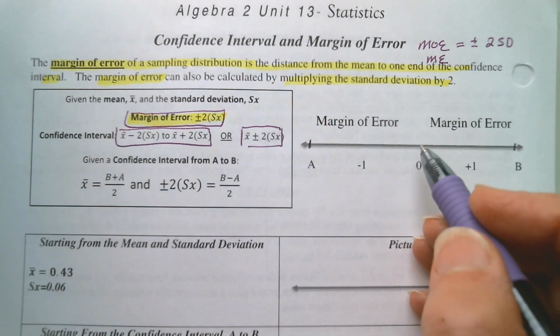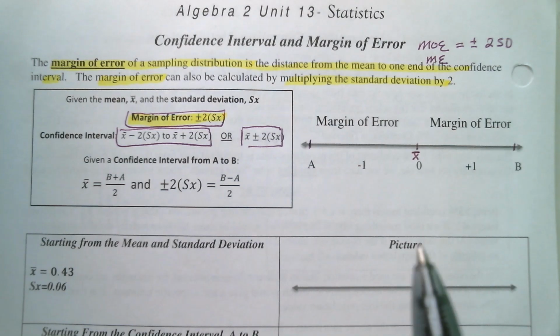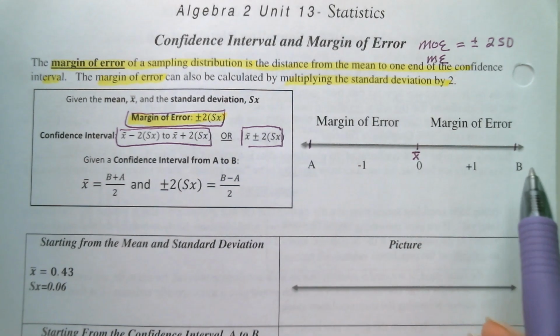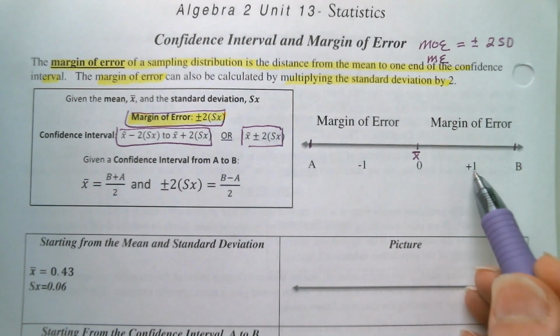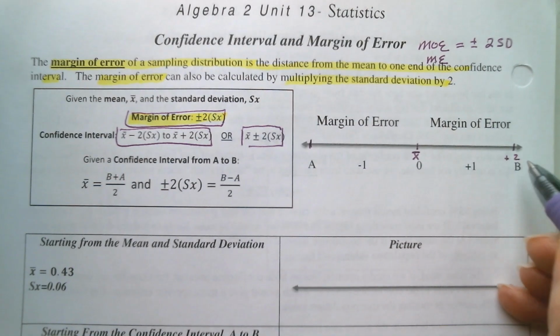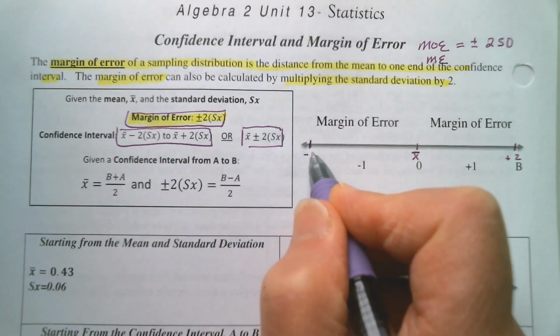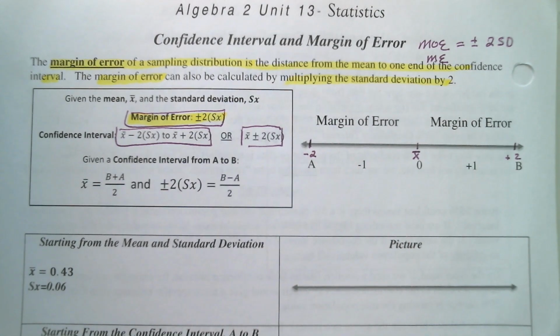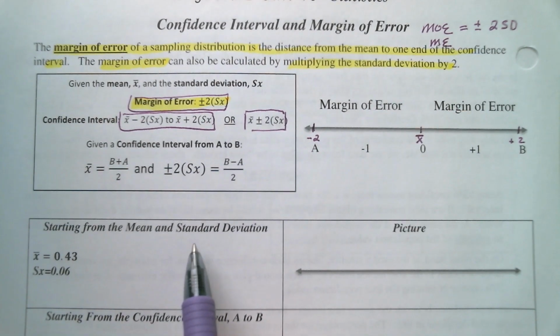So let me just point out here that right here is the mean, right? It's at the center. A and B represent the ends of your confidence interval. The +1 is for 1 standard deviation above the mean, and the B value would be at +2 standard deviations above the mean. And the A value would be at -2 standard deviations, so 2 standard deviations below the mean. Starting from the mean and standard deviation,